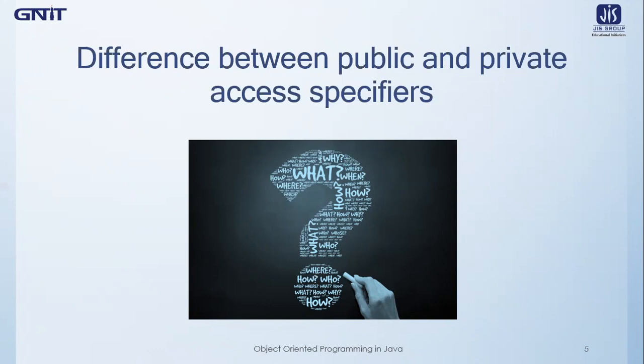But if you place private access specifier before a variable or before a class or before a method, then they can be accessed only from inside the class inside which they are defined. Outside the class, you cannot access the private members of another class. Even if you create an object of that class, then also using that object, you cannot access the private members of a class. But obviously there is another way using which you can access private members of a particular class from another class. Today we will do an example program to make you understand that concept.